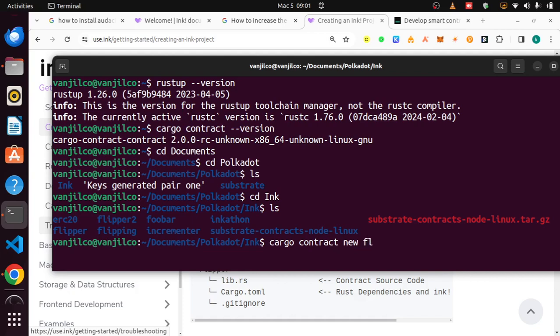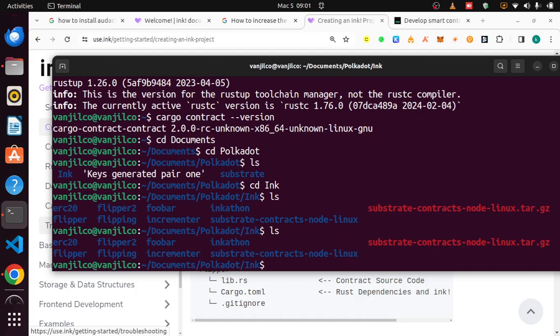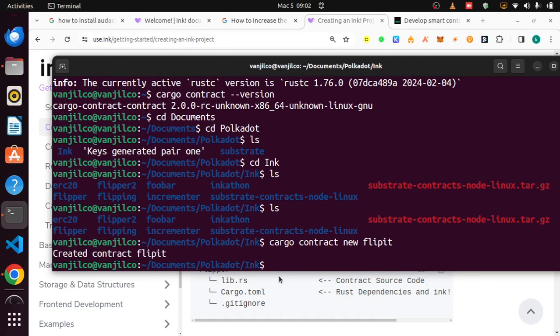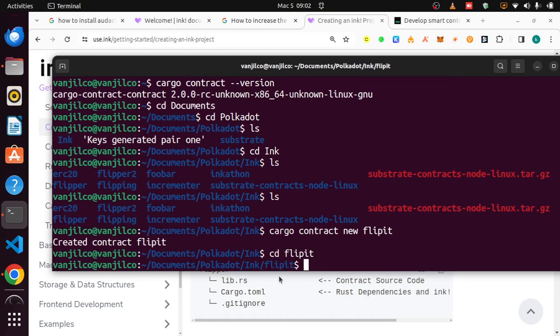The reason why I'm going to use another name is I have quite a lot of flipper projects. So cargo contract new flip it, and enter. So you create that, you can cd flip it,